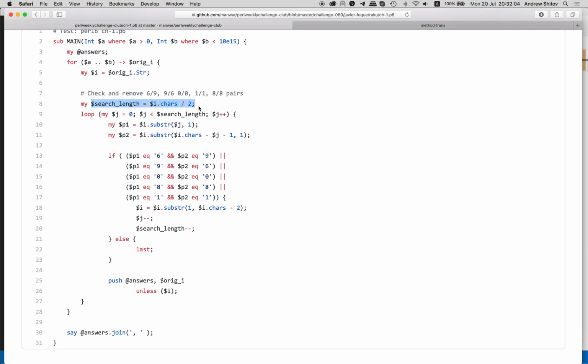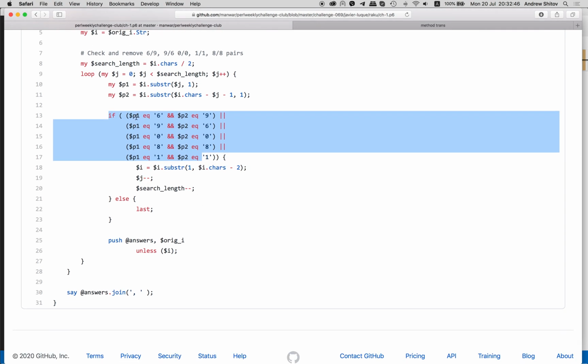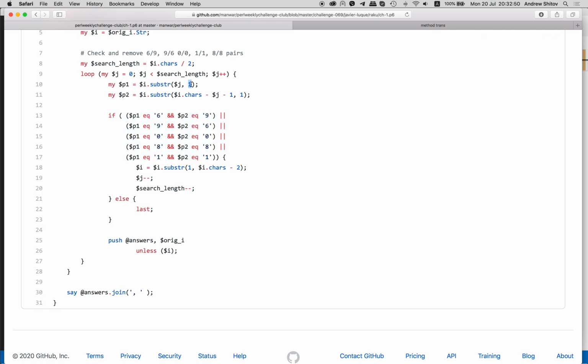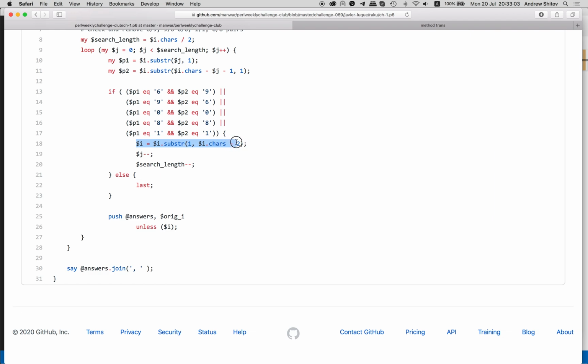So search length, half of the length of the string. Loop. Wow. I don't know if I ever used loop in my real code. But it's basically like C++ or for in Perl. I think we can just make the for loop from 0 to search length with the hat character before the search length. Substring before, substring after this position. If the first it's like 2 characters just on the left and on the right next to this position. If the 6 and the second one is 9 and all the rest, so if all these conditions, if one of these condition is okay, then we do substring